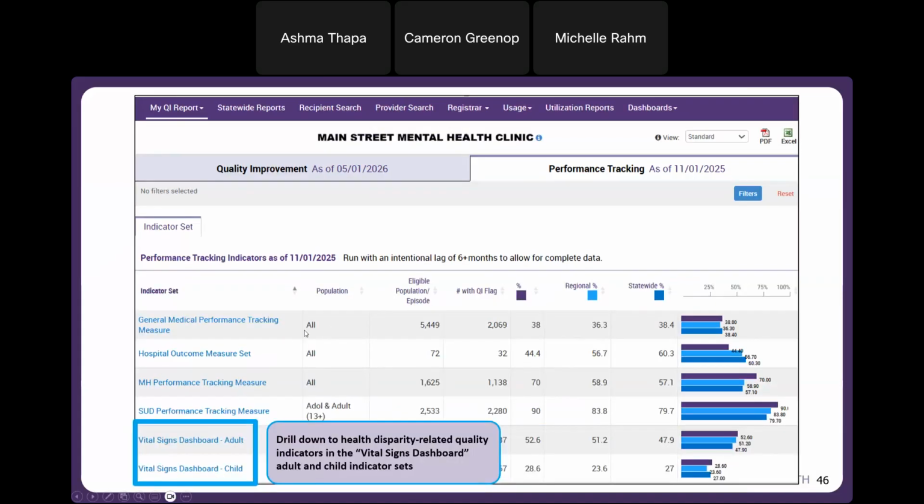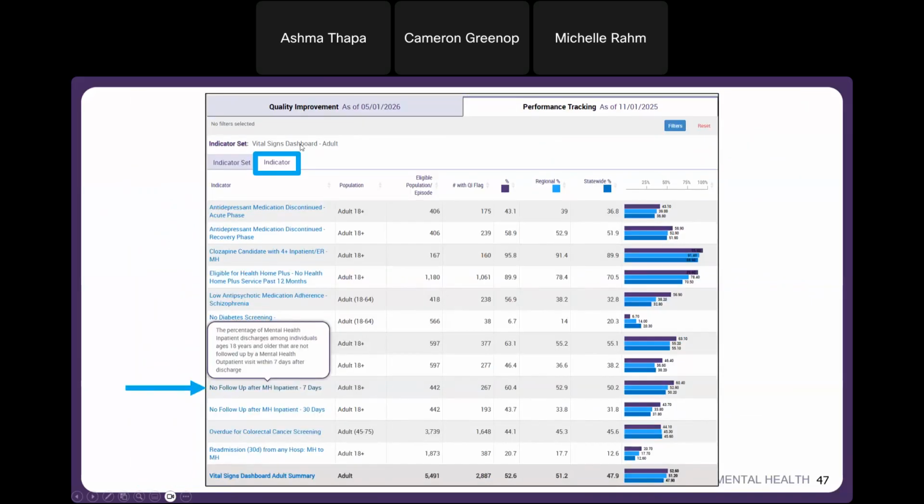All right, so let's take a look at some of the vital signs dashboard related measures as an example. I am in the performance tracking tab, and from there I can see a list of indicator sets, and I'm going to see this vital signs dashboard adult and vital signs dashboard child indicator. When I select Vital Signs dashboard from that indicator set, it's going to show you the indicators, and all these measures that are associated with Vital Signs dashboard